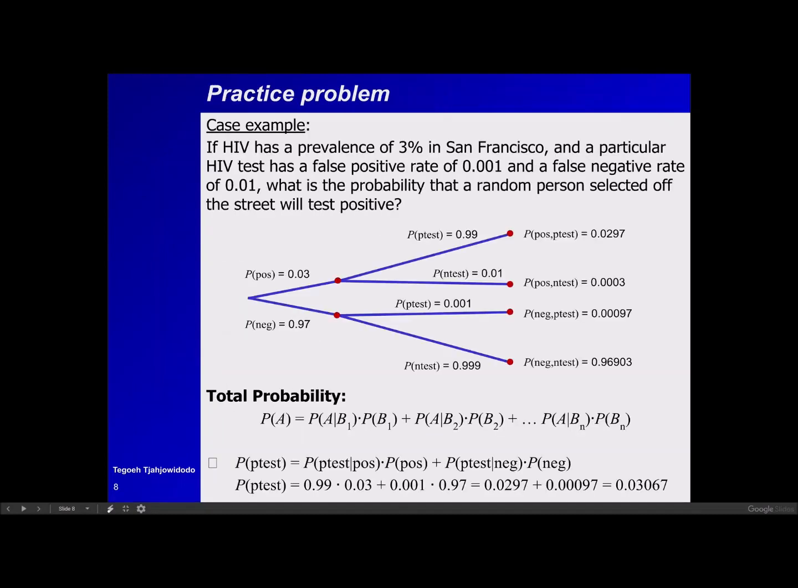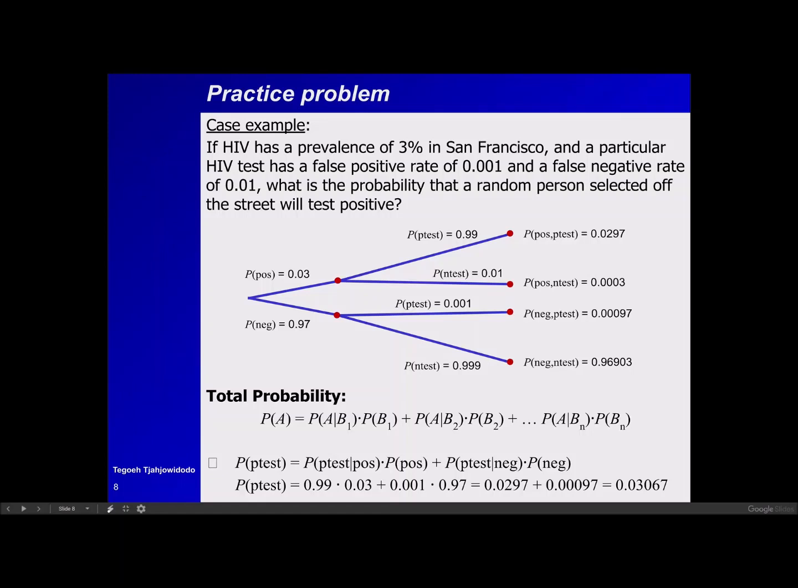Another example here, let's consider if HIV has a prevalence of 3% in San Francisco, and a particular HIV test has a false positive rate of 0.1% and a false negative rate of 1%. What is the probability that a random person selected off the street will test positive? So if we map this problem,